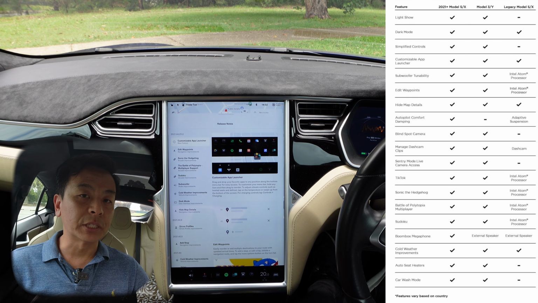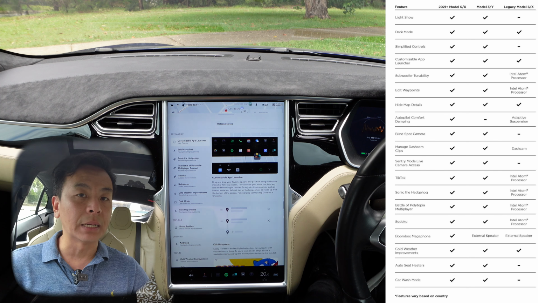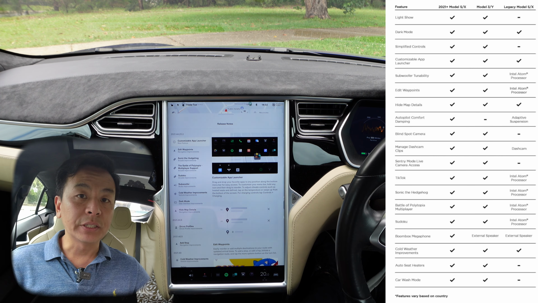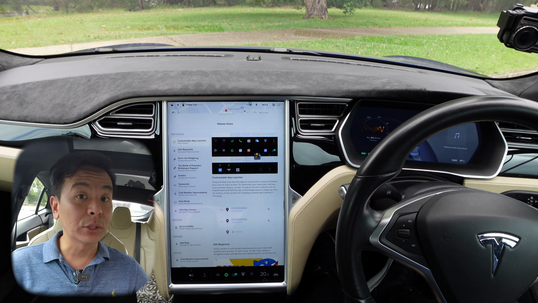And as you can see from the spreadsheet up here, there are differences in the updates between the legacy Tesla Model SX versus the current generation Model SX, as well as the Tesla Model 3 and Model Ys. So have a look at the spreadsheet for yourself. You can pause the screen at any time, of course, to check it out. All right, so let's have a look at the release notes for my Model S 2015 AP1 MCU2